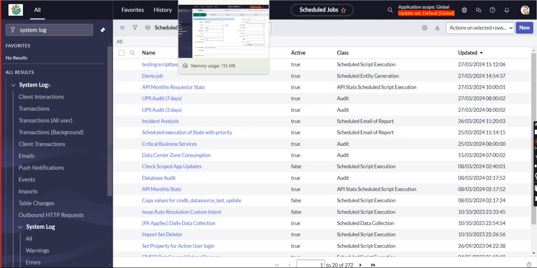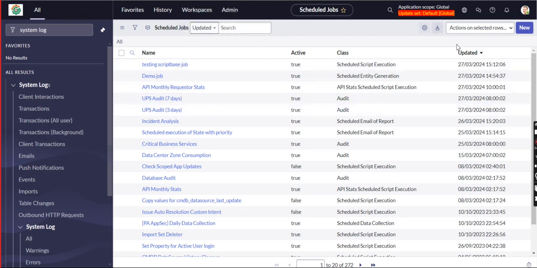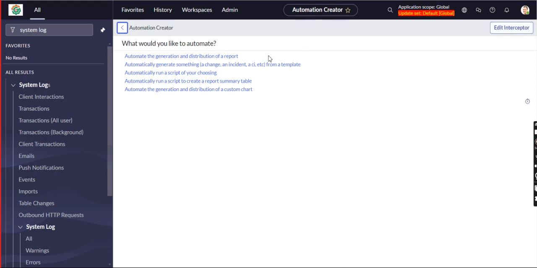Those three are very important while creating scheduled jobs. The first one is automatically generating and distributing reports, the second is from the template based, and the third is run script of your choosing. These are the only three types we generally use here.